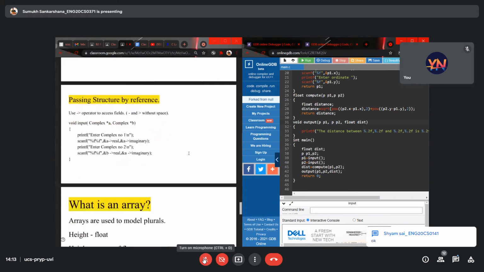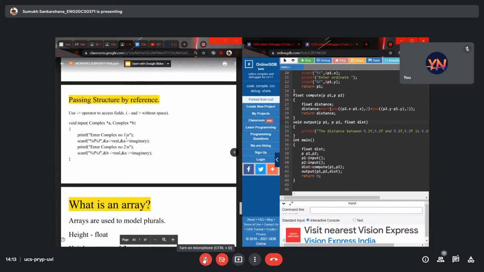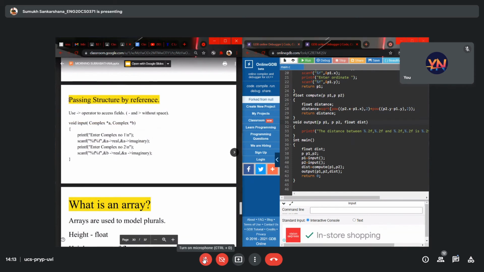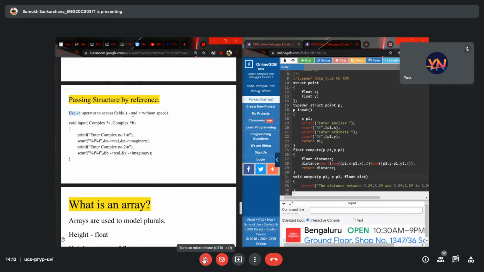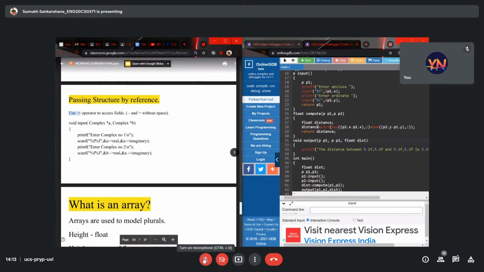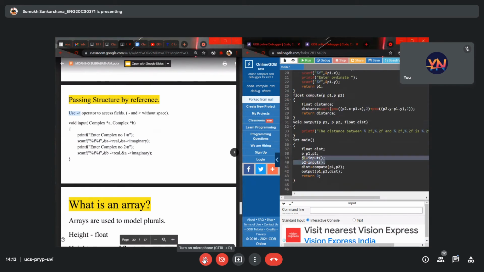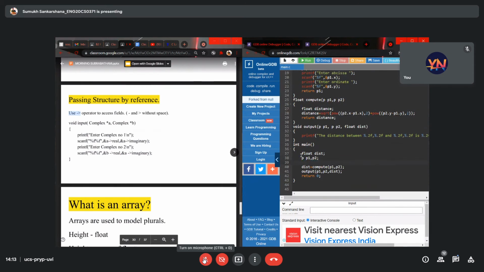Okay. Now, let's see. Here it shows passing a structure by reference. If you can see my cursor, we use this operator in the function wherever we pass the structure by reference. So if I am going to pass P1 and P2 structures by reference, what I will do is input &P1